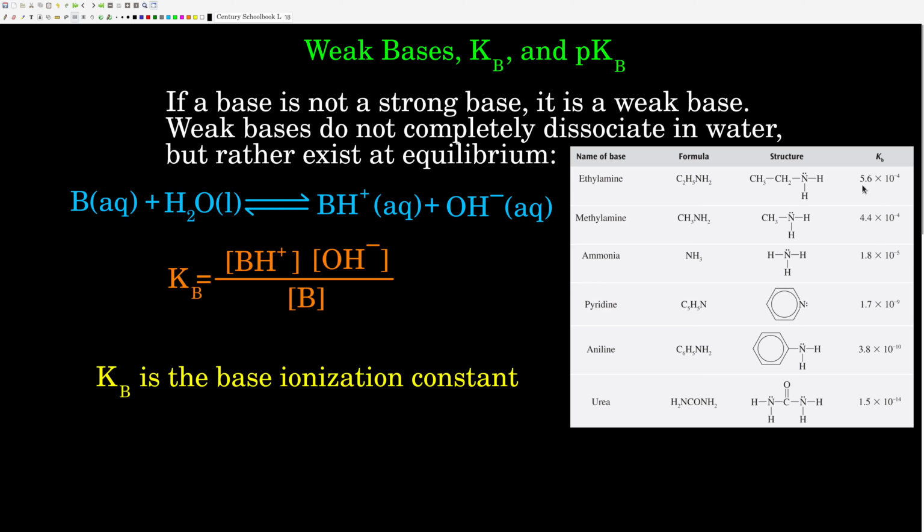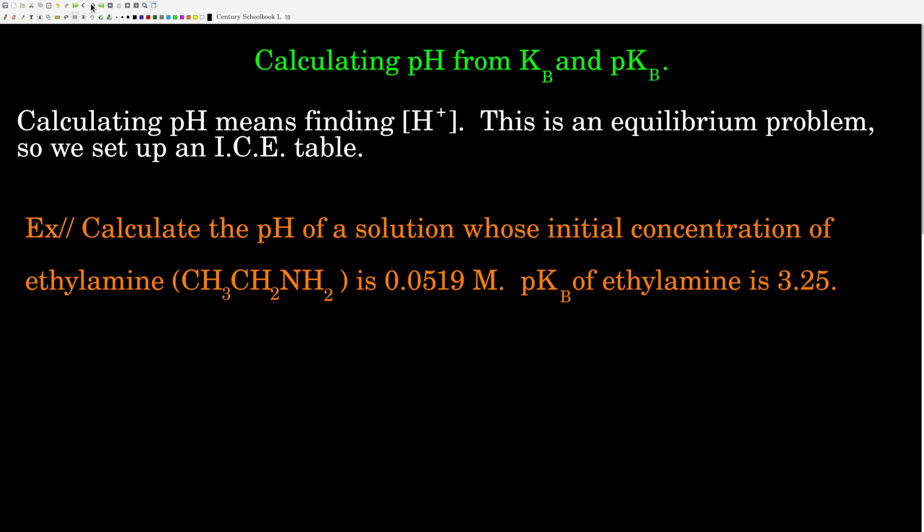Ethylamine is a slightly stronger base than methylamine because 5.6 times 10 to the minus fourth is a little bit bigger than 4.4 times 10 to the minus fourth, but those are both bigger than 1.8 times 10 to the minus fifth, and as we go down, we get weaker and weaker and weaker. Okay, so